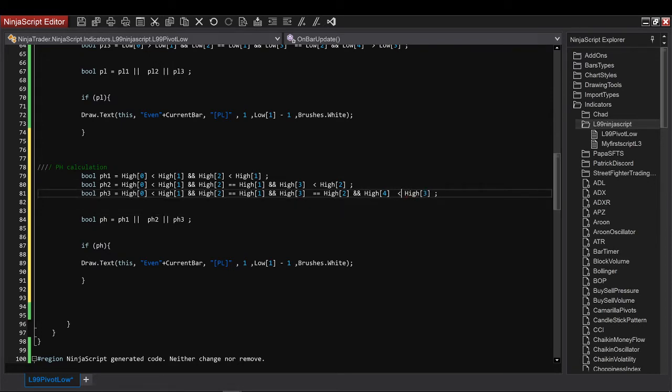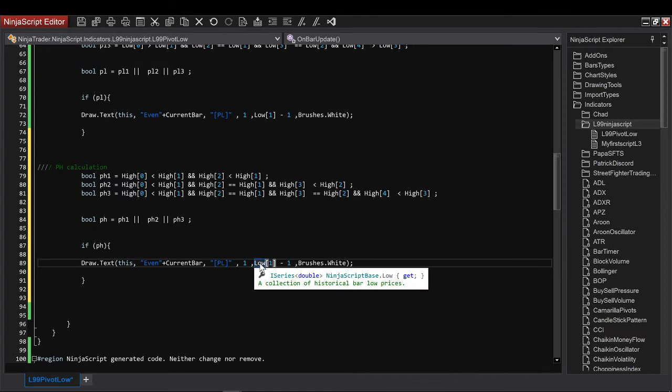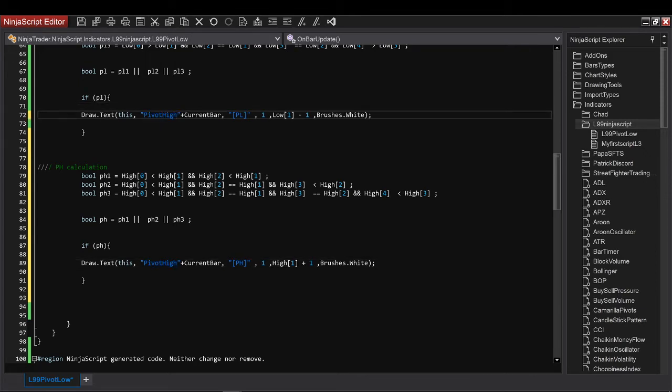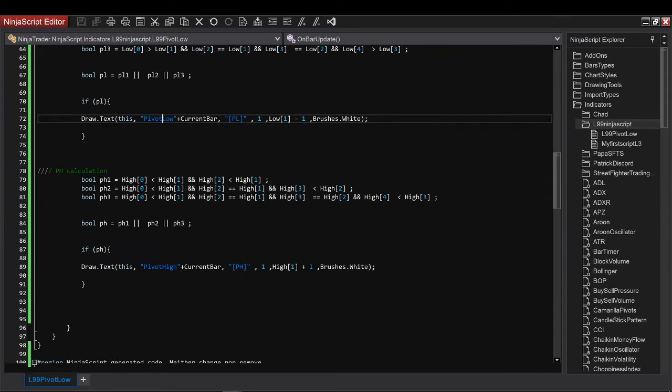And then I'm going to put it in. So here it's going to be the high. And here is going to be the high +1, and I'm going to put it in white color also, pivot highs, and here pivot high, and here pivot low. I need to change the name, if not it will not be able to draw correctly. So this will be for the lows, this will be for the highs. Pivot highs, I have it all.